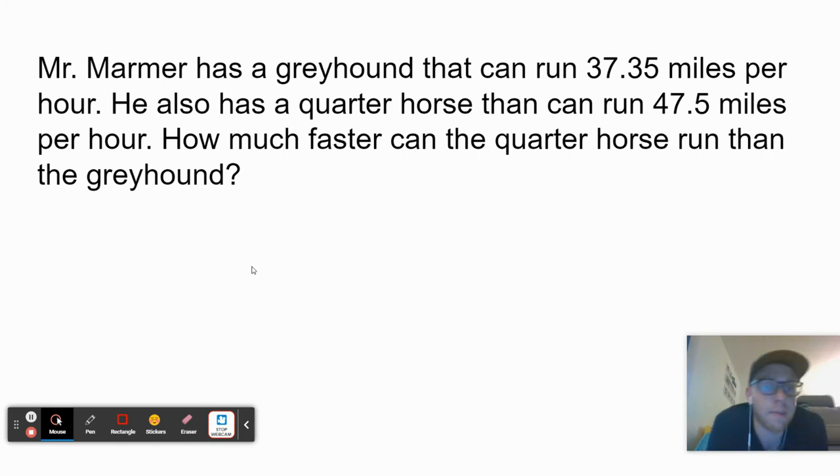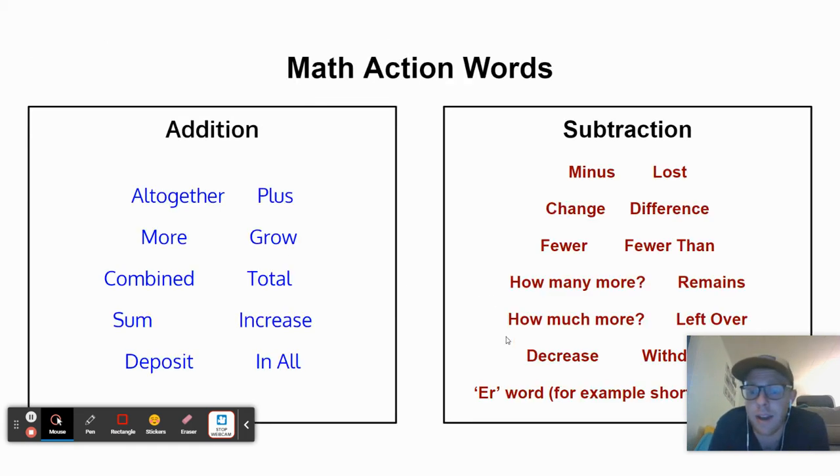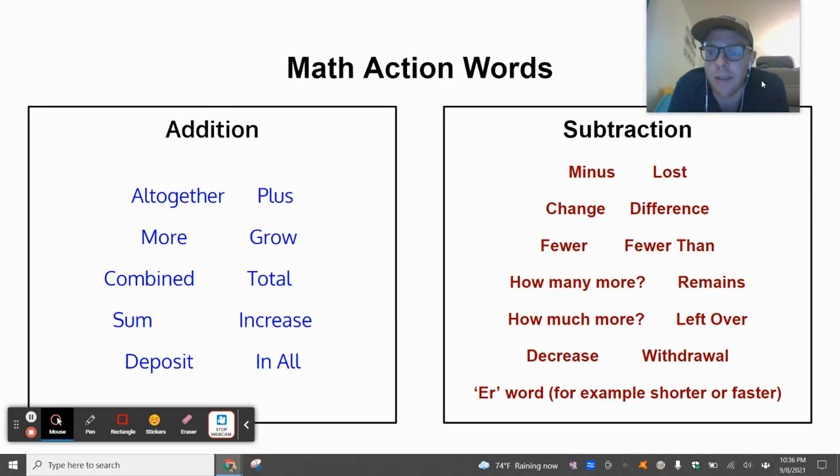This says that Mr. Marmer has a greyhound that can run 37.35 miles per hour. He also has a quarter horse that can run 47.5 miles per hour. How much faster can the quarter horse run than the greyhound? Now, I'm going to backtrack here back to my graphic organizer, and I want to point out something at the